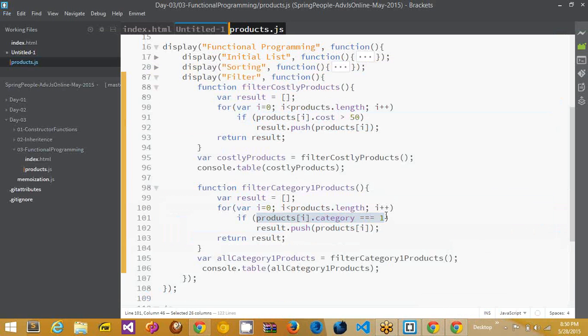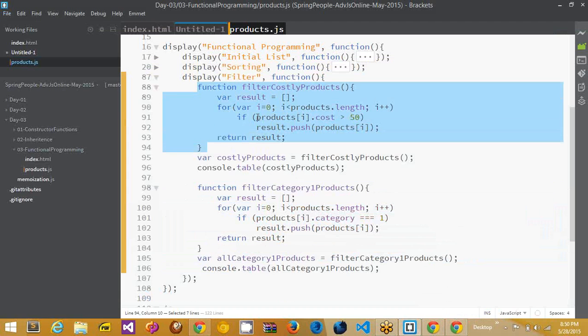What I can do, see, let's assume that this function is me and you are using the function, right? So what I will do is I will take one product at a time, give it to you. You decide whether the product satisfies your criteria or not, and then tell me yes or no. So that depending on that, I will simply decide whether it has to be added to the result collection or not. Right? So a very generic version of this is keep everything together, move out what is varying, which is what? The